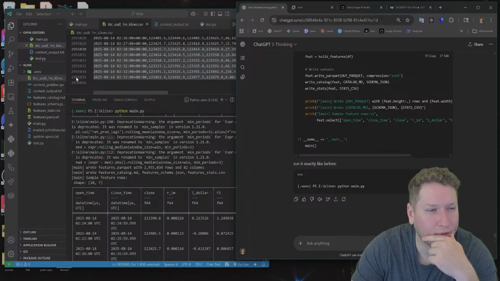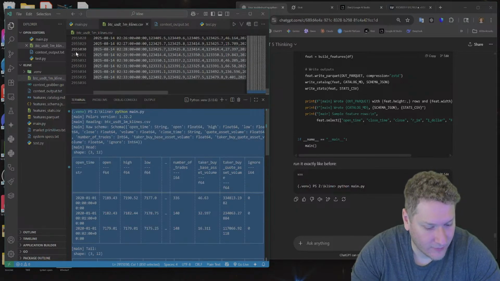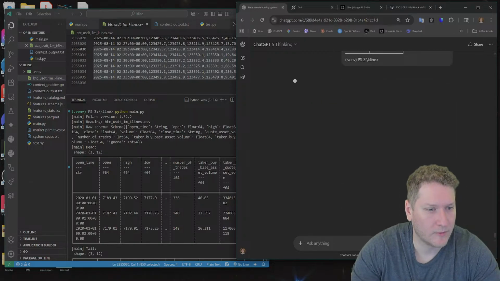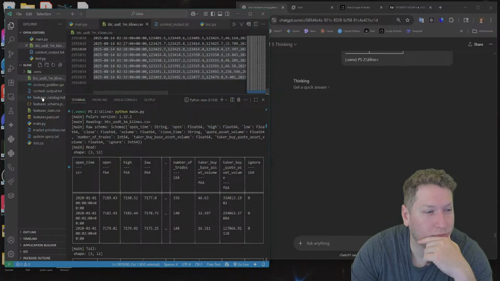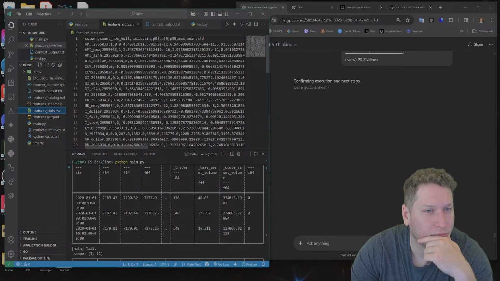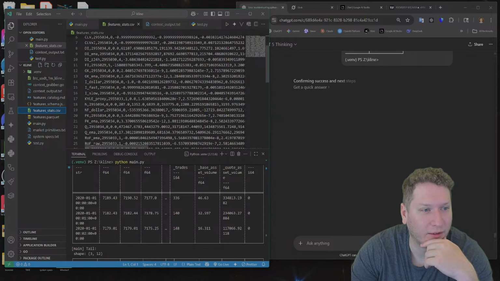So this is two, what is that? Yeah, it's almost 3 million lines of code. This is not what I was expecting.